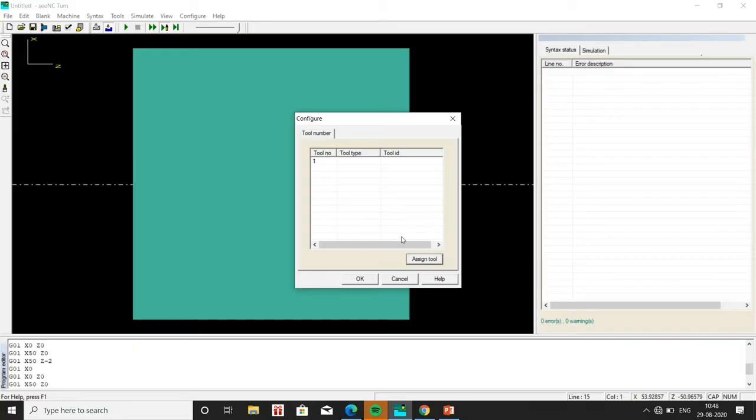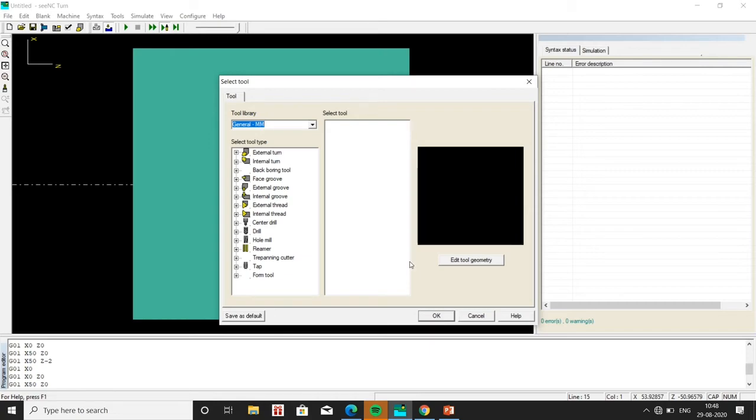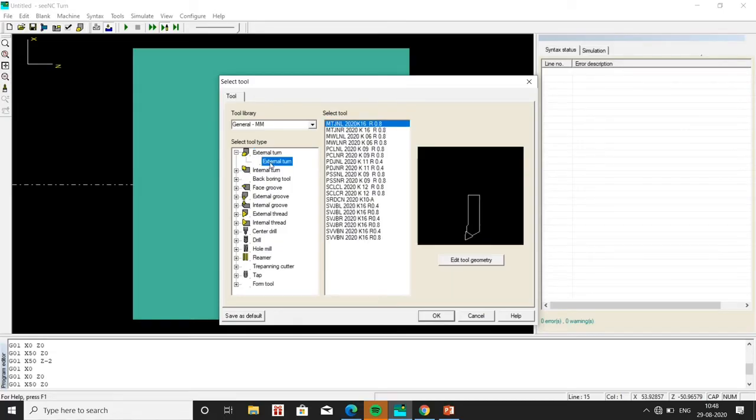Now we have to assign the tool. So click on assign tool, and here we have to select external turn. So click on the external turn. In that we have to go for the 5th one from the last. From the last we have to go for the 5th one, that is 0.8.